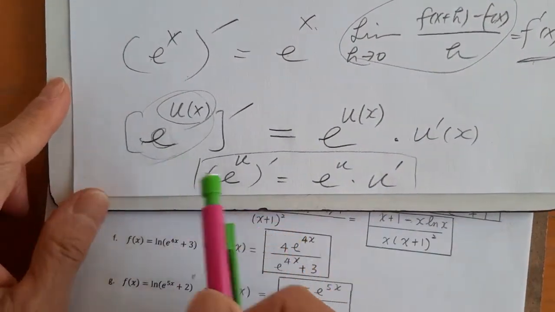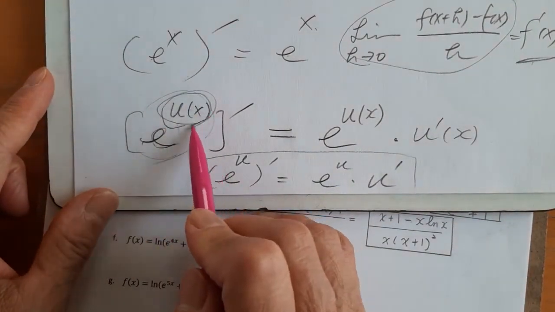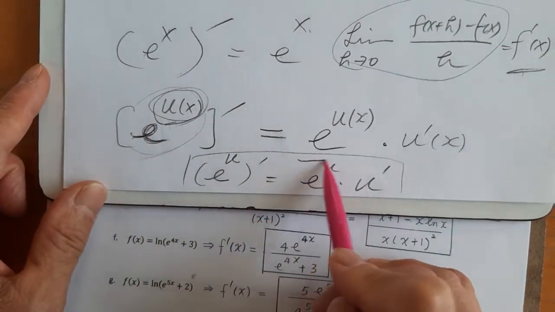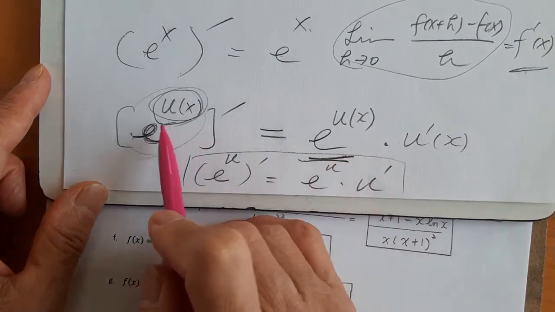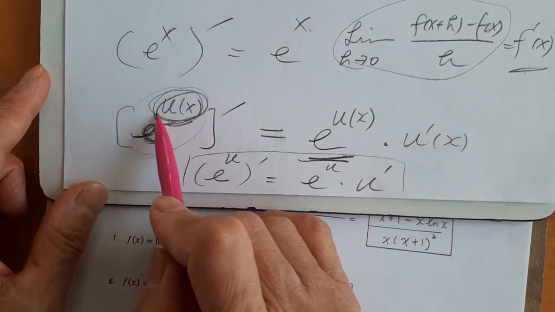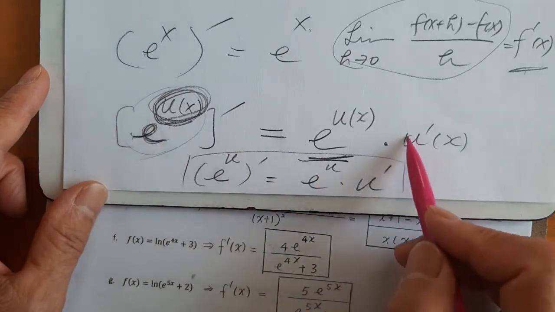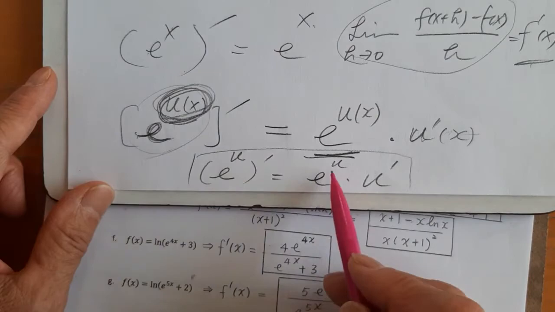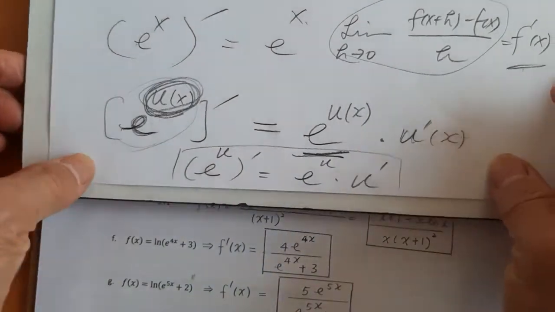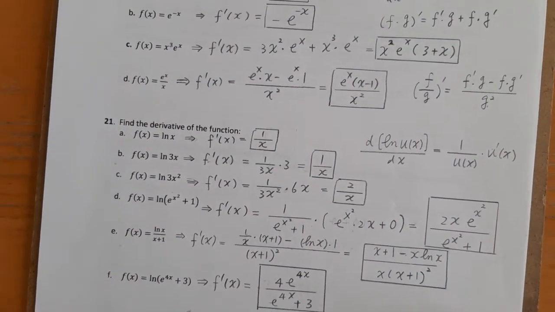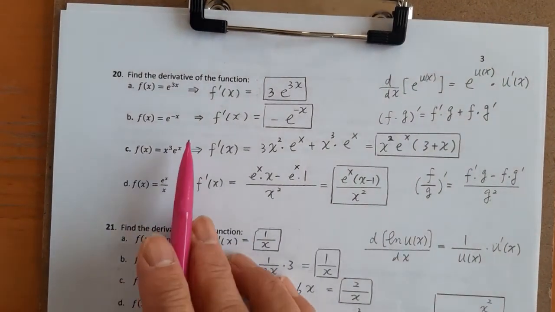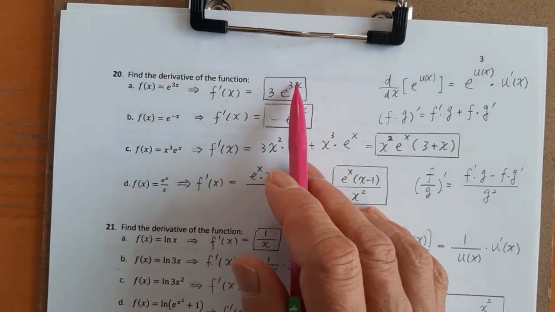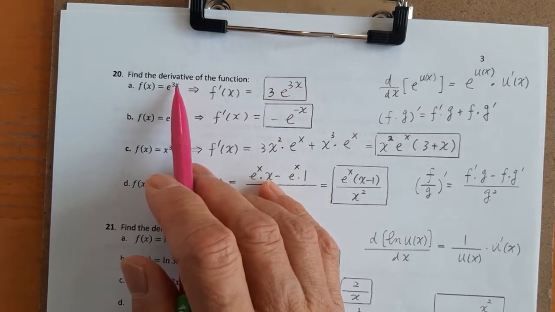And for this one, then use the chain rule. E function take derivative is still itself. By the chain rule, this one is in terms of x and take derivative u prime of x. And normally we put e^u prime equals e^u times u prime by chain rule. So like this one, exponential function take derivative. E to the power 3x take derivative is still e to the power 3x. Then by the chain rule